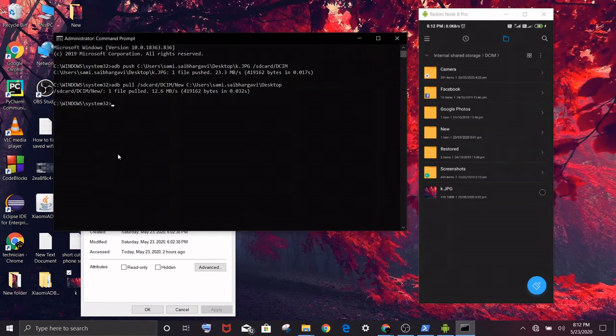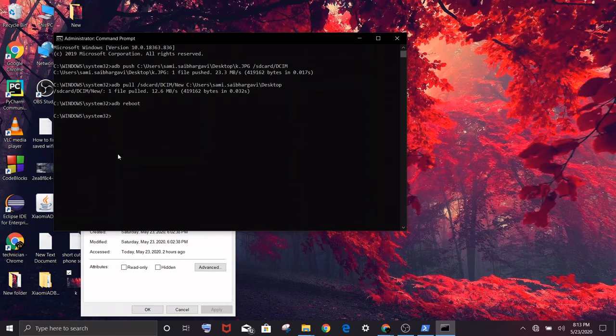Then I would like to show the bootable tools. Why is it necessary to boot via computer rather than normally? The bootable tools are required for the computer to your phone. It takes less booting time, means it boots your phone very fast, and it also helps to reboot your loaders. Suppose ADB reboot. Reboot means it will reboot my phone instantly. Click on enter. See, my screen will be turned off immediately. See, now my phone is turned to reboot mode.